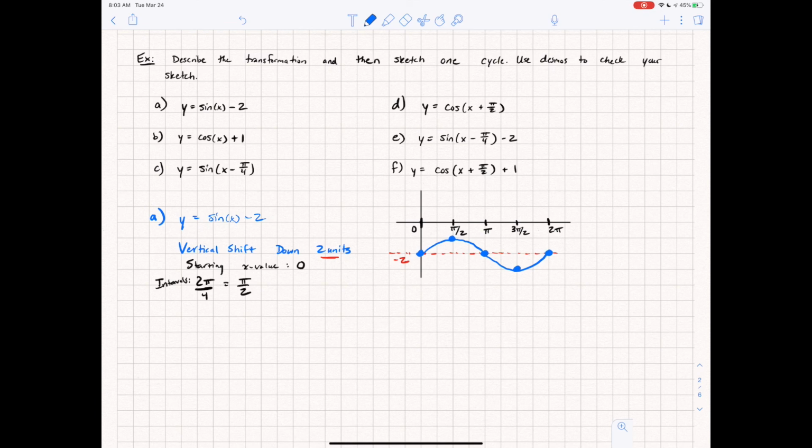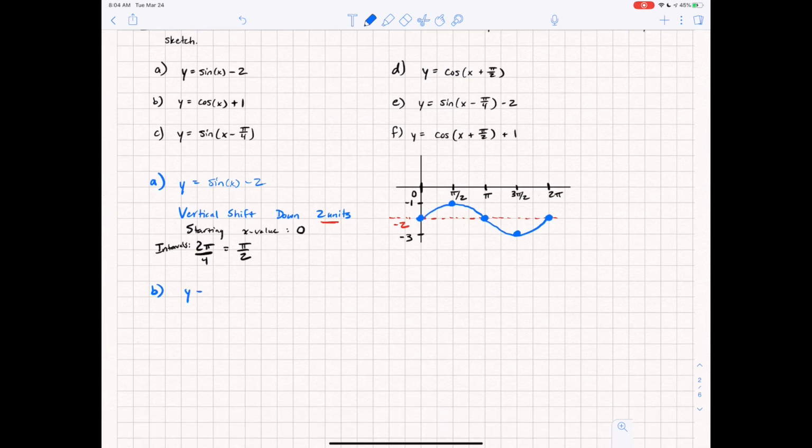Literally the exact same wave, just now being shifted down 2 units. Notice that my maximum here is now at -1. The minimum is -3. Both of these values are 2 steps below what they normally would be. So here's how you'd solve A. Okay, for B,